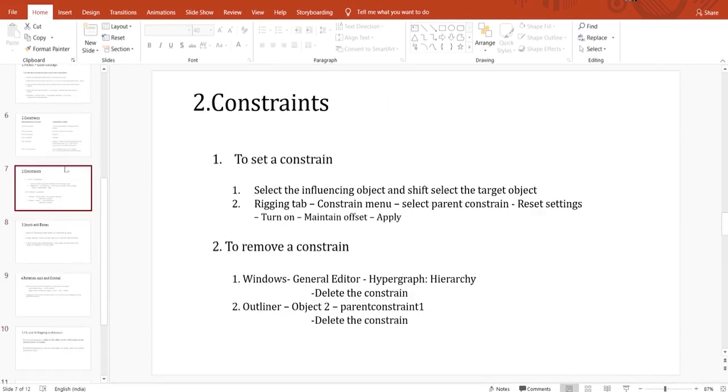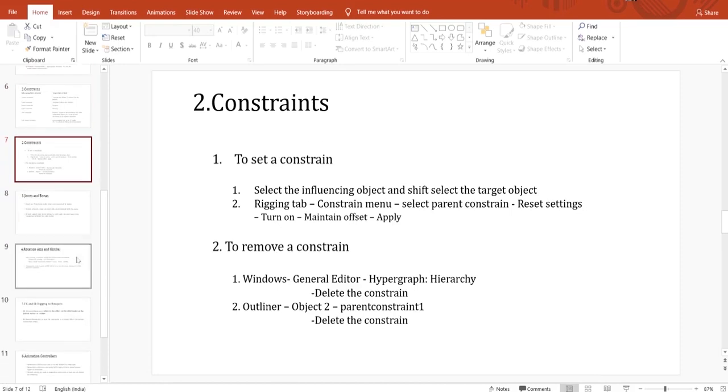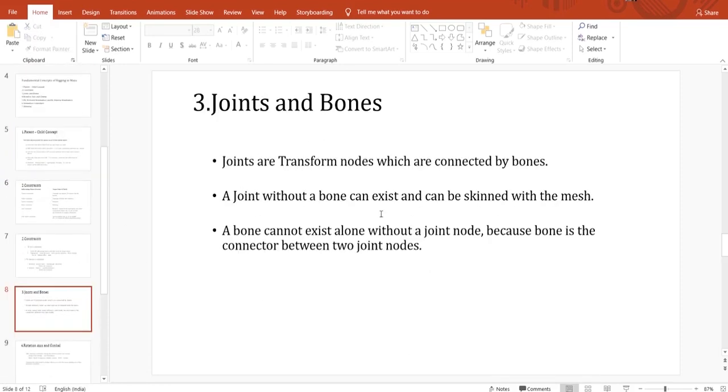Because once you are clear with these concepts, only then can we get into the other topics. Okay, now we're going to see what joints and bones are.